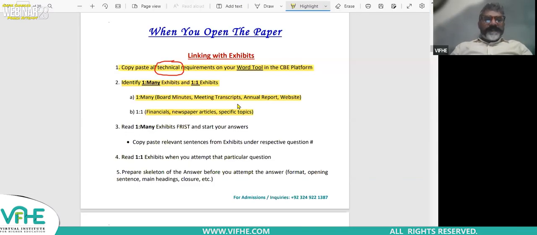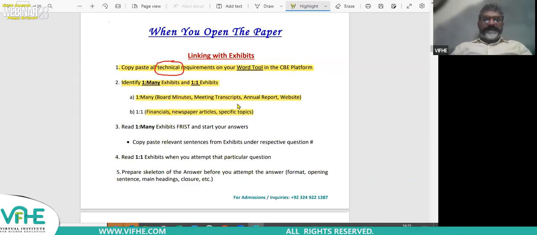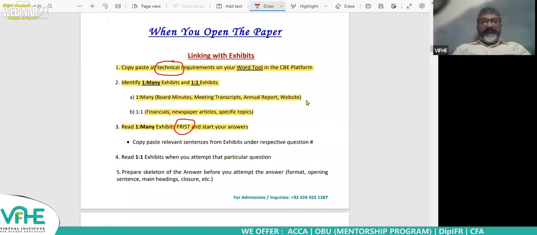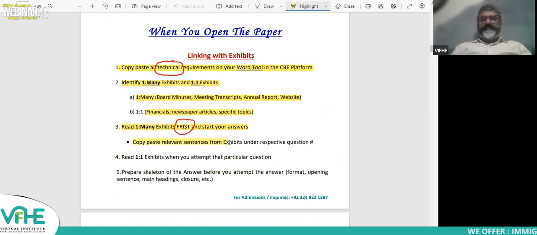Now, once we have identified 1:1 and 1:2 many, you will read the 1:2 many exhibits first and start your answer, so you do not waste your time on 1:1 exhibits. Do not read them in the first reading time. Just make sure you have gone through the 1:2 many exhibits. Once you are reading the 1:2 many exhibit, copy paste relevant sentences from the exhibits under the respective question number on your answer sheet